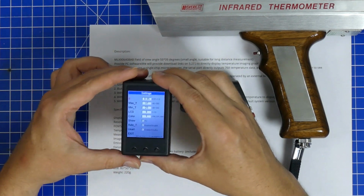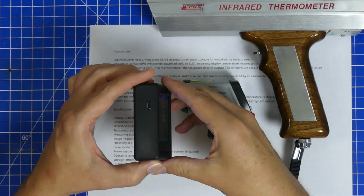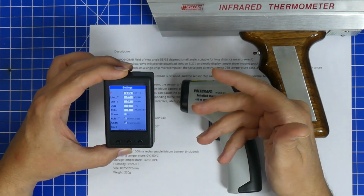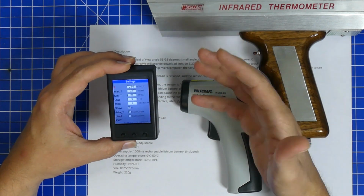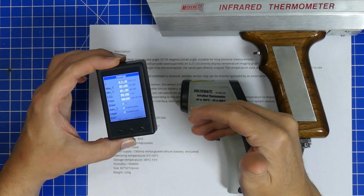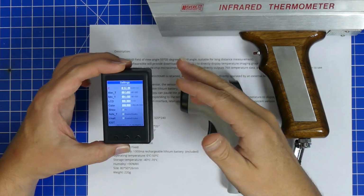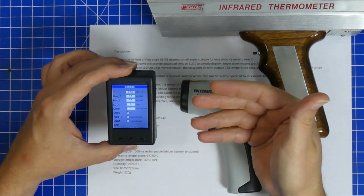I like the device because I'm not often looking for a temperature value, but I'm looking for hot spots, cold spots. I want to see if a part on a 3D printer gets hot over time, and this is just perfect for that, because I can see if the fan is working good enough, if the cooling fins on the extruder are really cool or if they heat up over time. This is just wonderful, and at $80-something,